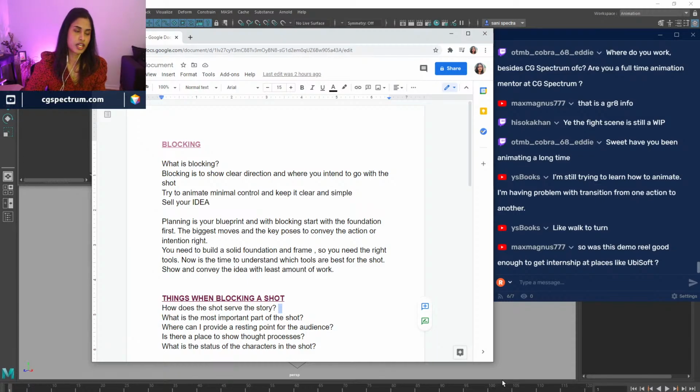Is it you're taking a right turn? Is there something that you turn to pick up? You need to know what is the purpose of that turn first. So that would actually lead you to be like, okay, I need to walk, and then which step would I take first, and then stop my body. So the biggest move in your body would be your root, which is the trunk of the character, right? Then you kind of ease in and then come to a stop, and then you turn the direction of whichever way you want it to turn, and then you lead from there.